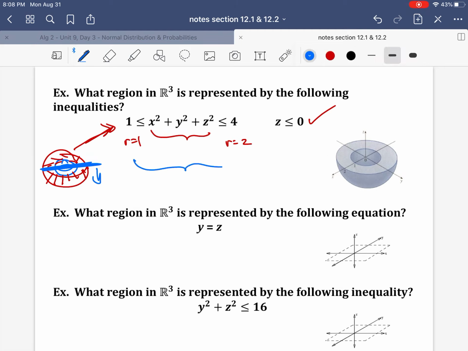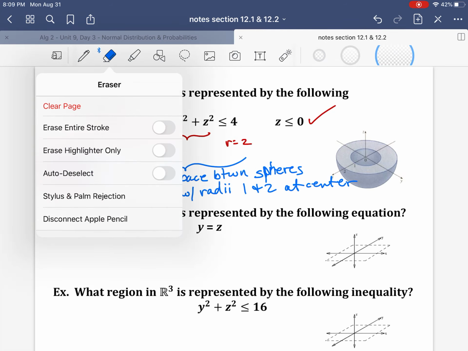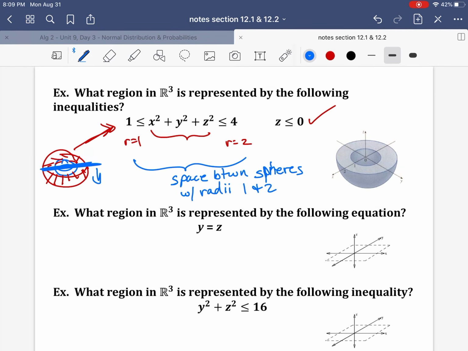Okay, so we also want to describe it. Since I can't draw pictures that well, I want to say it's the space between spheres with radii 1 and 2 at the center. That doesn't make sense. Not at the center, just the center is the origin. How about with center at the origin? All right. And we only want z values less than or equal to 0, so the bottom half. Okay, so just some way to describe it, so in case your picture kind of stinks,